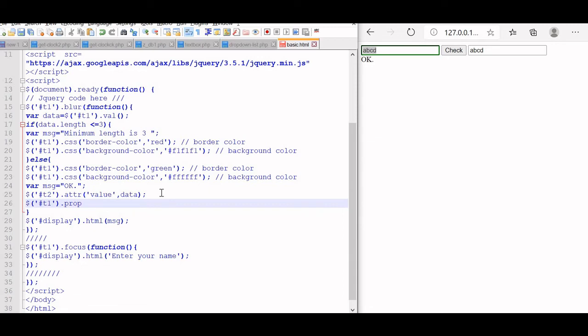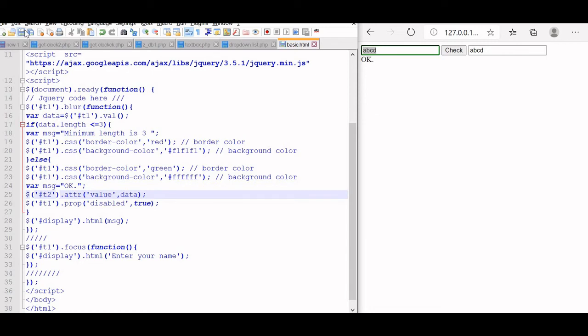The property we are writing is disabled, and here we will make it true. That's all. The moment the data is transferred to T2, T1 is disabled.